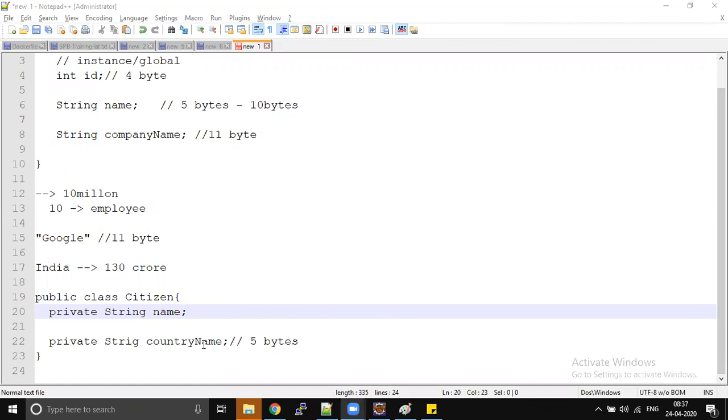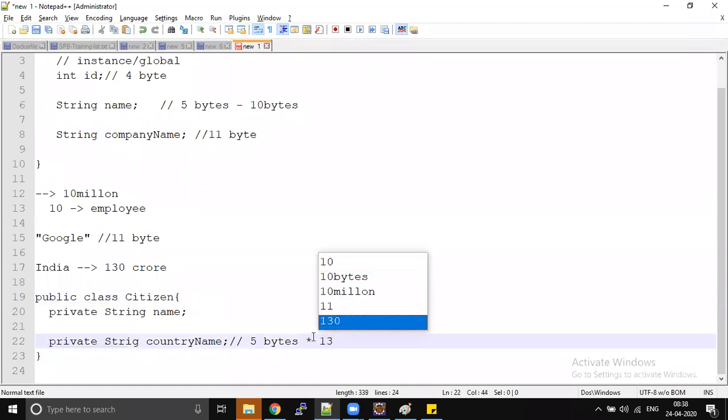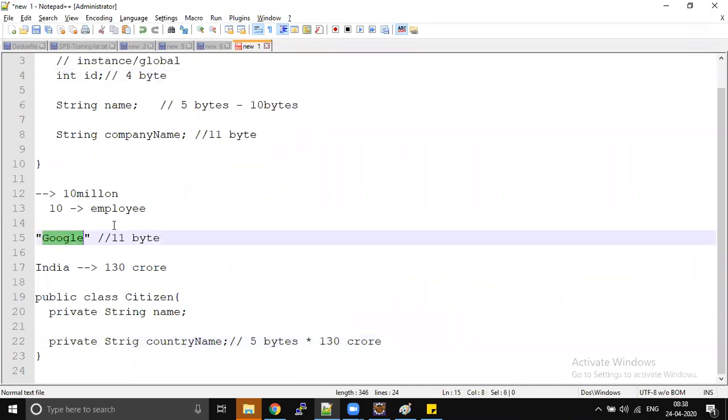So for example, if I wrote a class like this, India 5 bytes into 130 crore, such huge memory we are going to waste. So how can we solve the problem when the property value is not going to change? The country name is not going to change for these 130 crore people. At the same time, for these 10 million people, the company name is not going to change.